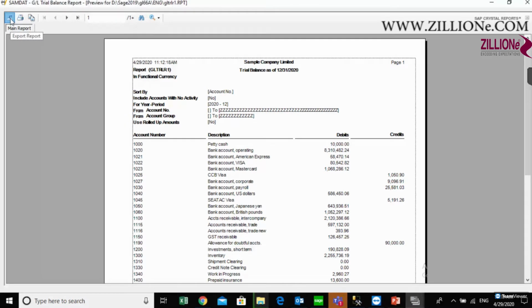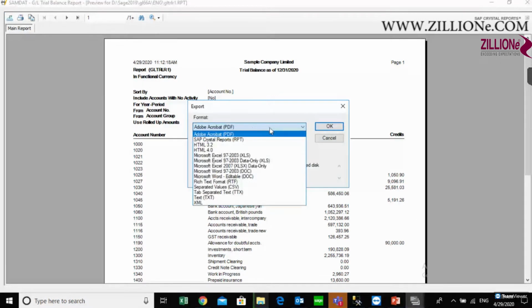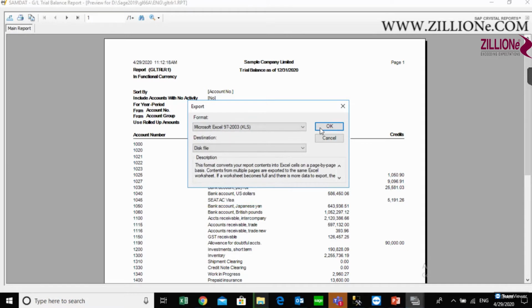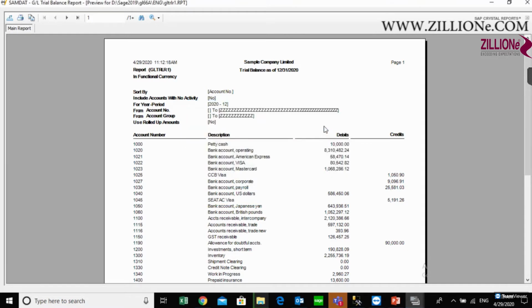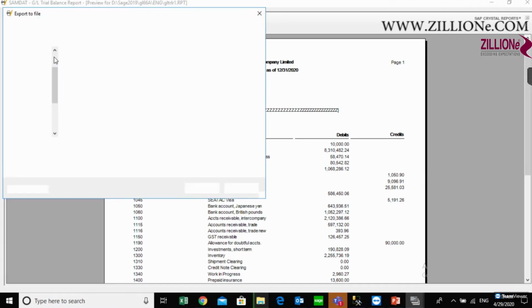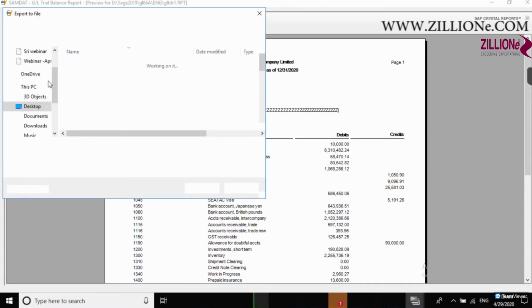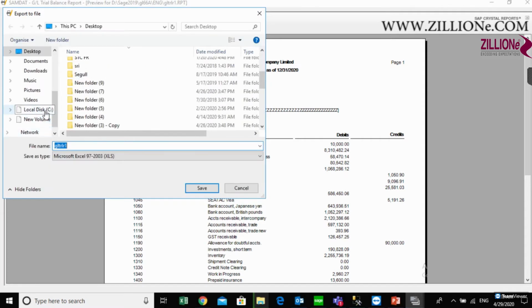You can export it from here. It is better to save as an Excel format. Otherwise, you can take it as a PDF format as well. It's fine. But if you have to take this backup, go to that same folder. You have to save that.